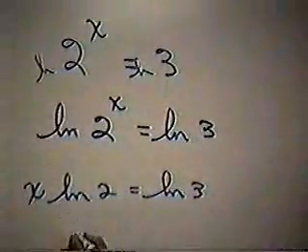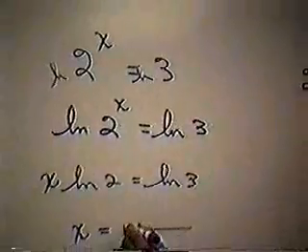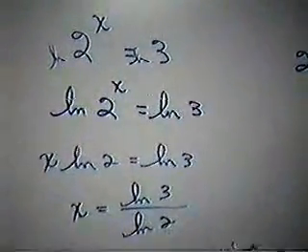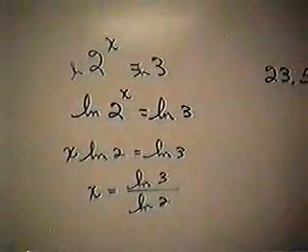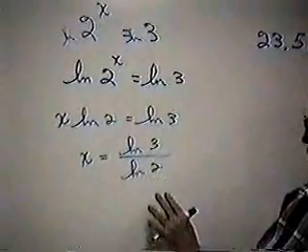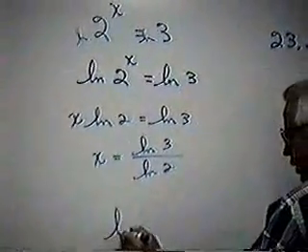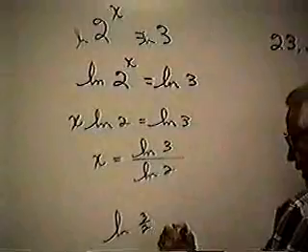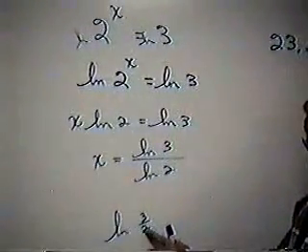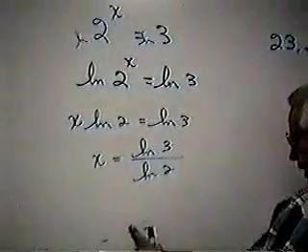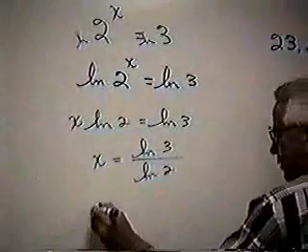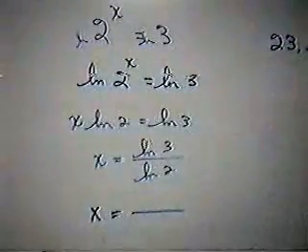And now solving for x, I divide both sides by the log of 3 divided by the log of 2. Now don't make a mistake here. The log of a number divided by the log of a number is not one of the rules. The rule is the log of a number divided by a number, the log of that is the log of 3 minus the log of 2. This is not that case. This is not that. So what you have to do to solve this one is go take a calculator and